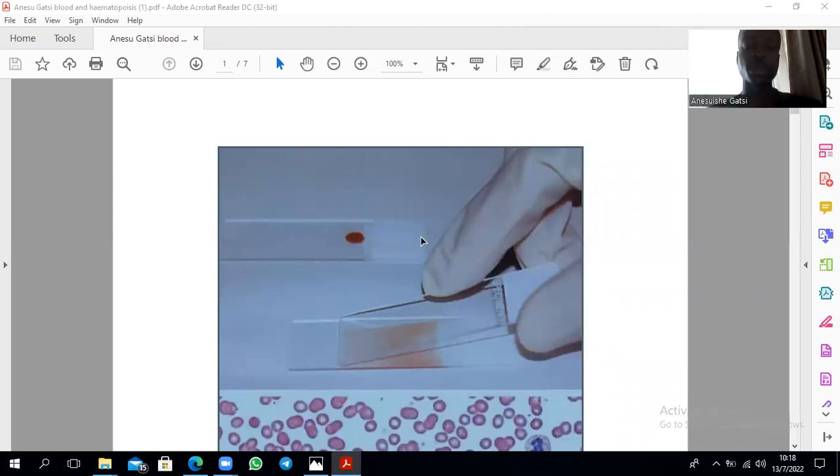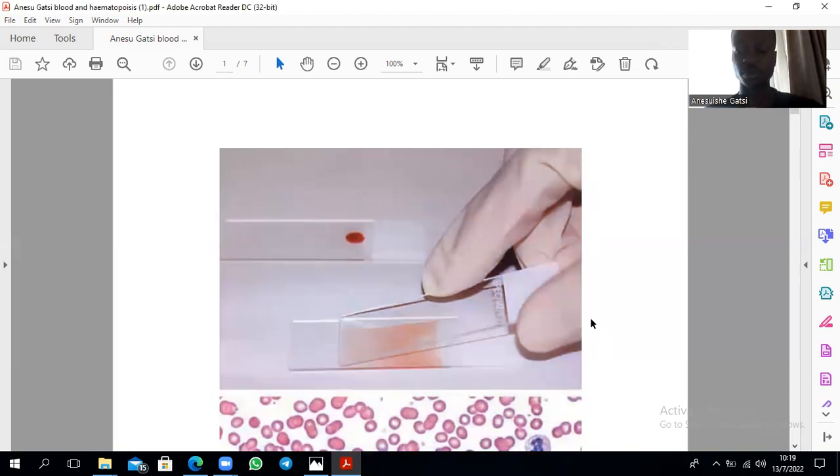Then this is a blood smear, right? And unlike the normal staining that we do in general histology, for this one we don't embed the tissue in paraffin or section it. You're just going to place a drop of blood and put a slide on top, right? And if you look at the bottom picture here,